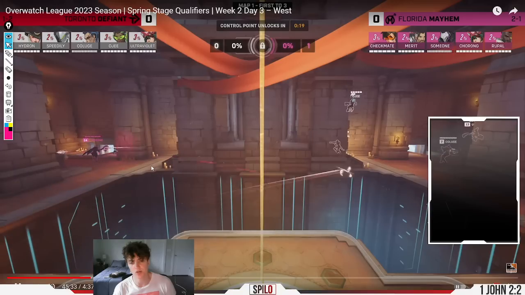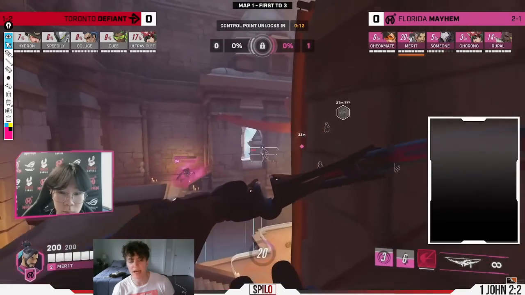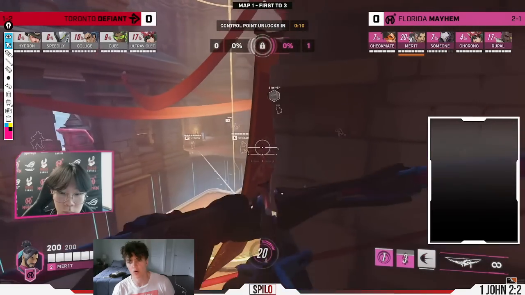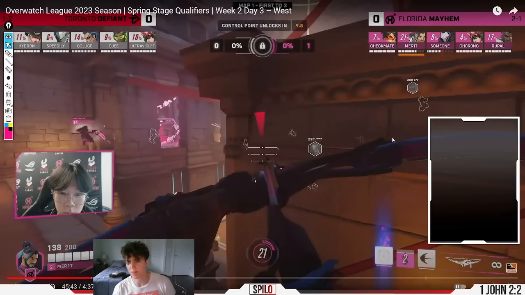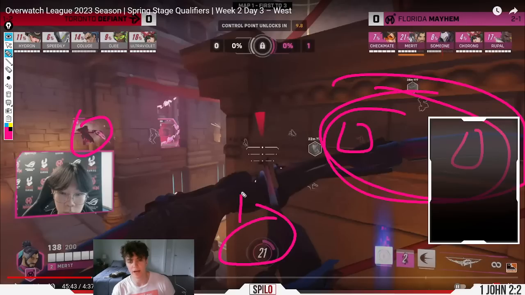Now I want you guys to notice exactly what happens here. Look at how aggressively someone is going to be playing, basically using himself as bait. Merritt's taking an aggressive off angle in the corner. RuPaul's going to be in the back. You've got Checkmate and Chorong hard flanking on the back line. And remember, it's all about 1, 2, and 3, 4, sometimes just these 3 as a unit, putting as much